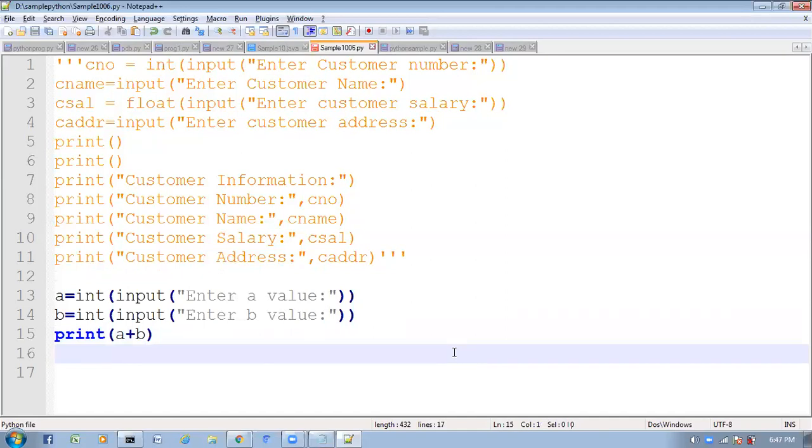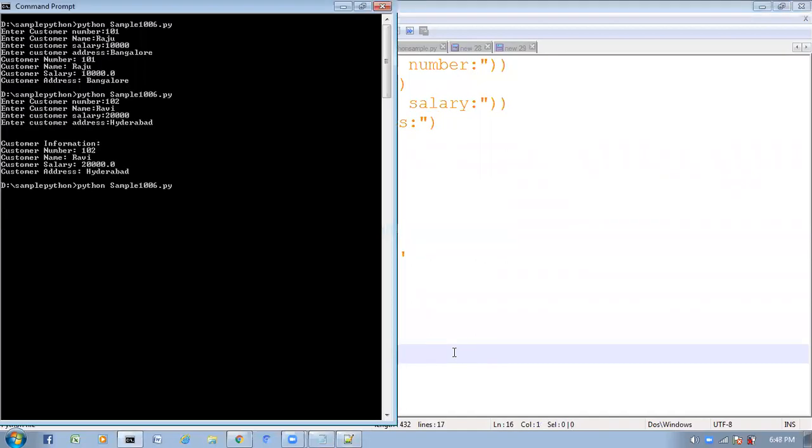What I am going to do while running this program: here it is asking a value, right? Here only I will give 10 space 20. Now this 10 I want to assign to A, this 20 I want to assign to B. How can we do this?